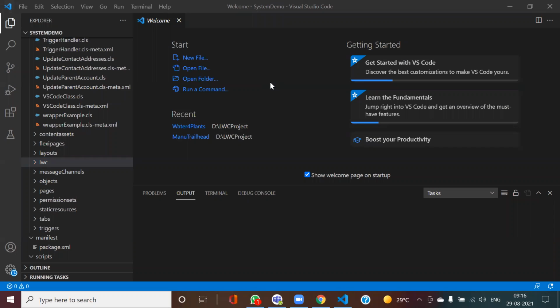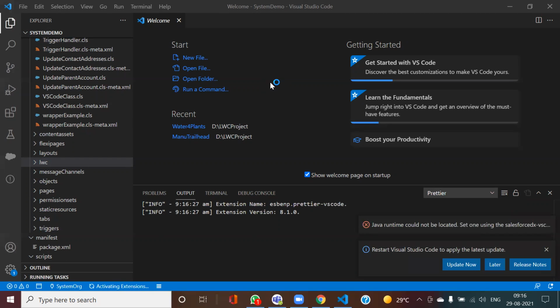So the advantages that you have with Lightning Web Components and the JavaScript basis is that you can make use of a lot of out of the box functionalities in JavaScript, which previously with Lightning Components was very limited because the Aura framework was being used. That is one of the reasons. Secondly, performance is much better, as well as security. So these are some of the reasons Lightning Web Components are better compared to Lightning Components.